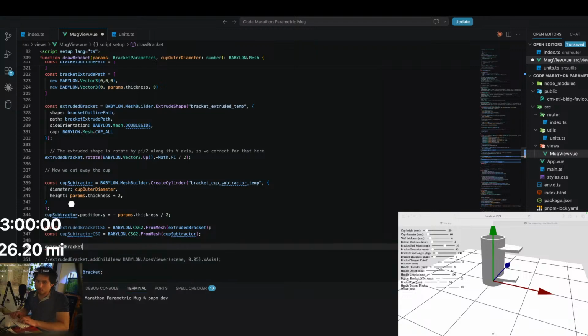So we'll do extrudedBracketCSG.subtract cupSubtractorCSG,